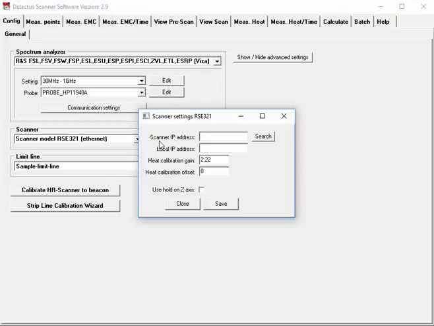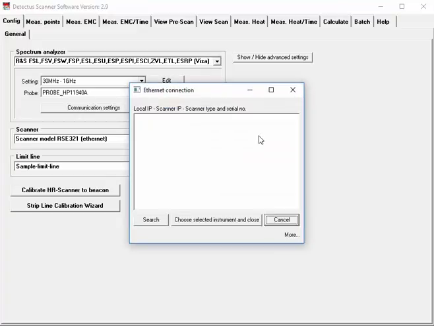You can type in the addresses manually if you know them, or you can search for them on the local subnet. I have a scanner connected to my office network, so let's try and search for it. Click Search again. As you can see, I found the scanner twice. That is because my PC is connected to the office network with both Wi-Fi and cable. I want to use the cable because it feels more reliable, but I don't know which of these local addresses